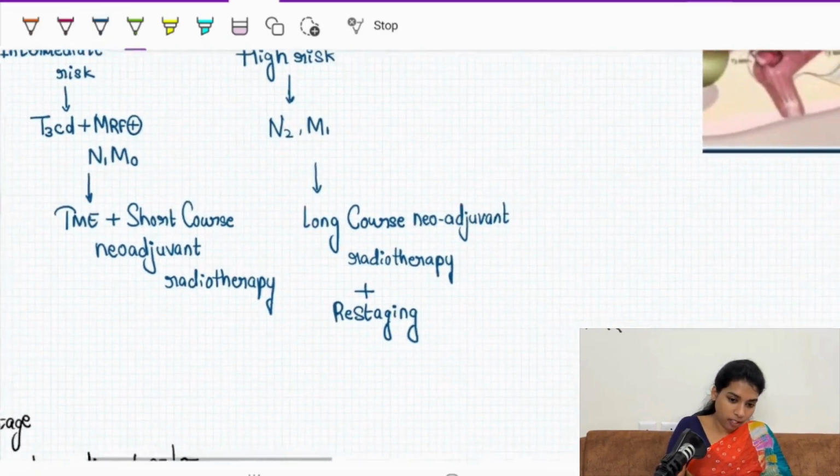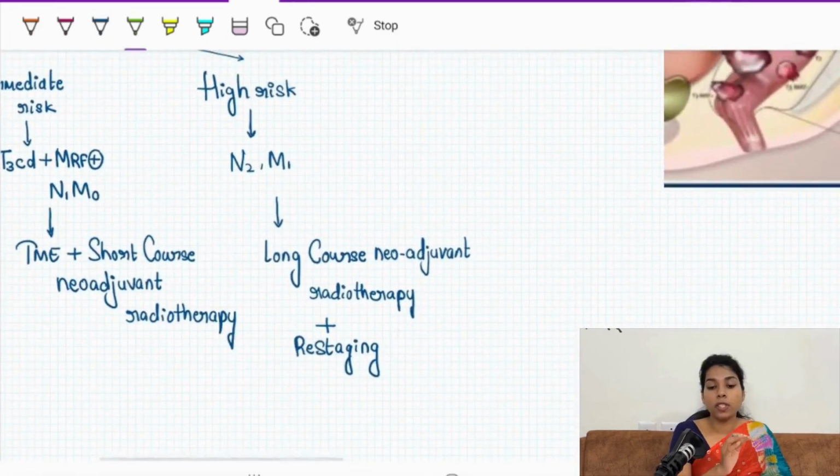But however, if it is a high risk patient, you are seeing involvement of non-regional nodes, you are seeing metastasis, it is an N2 disease, then give a long course of neoadjuvant radiotherapy, then you are going to restage it. I already told you, if you are restaging it, you have to use the prefix Y before you give the stage, and then you take a call whether to do a surgery or to continue the chemo radio, right? This is how you're going to treat the patient of a carcinoma rectum.